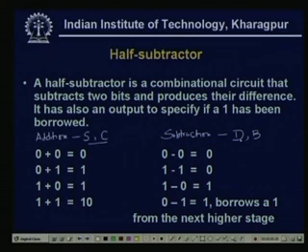Now, how the operator operates on the two operands. Again, first we see the addition operation. See here that 0 plus 0 equal to 0 and the carry is 0. 0 plus 1 is 1, carry is 0. 1 plus 0 is 1, carry 0. 1 plus 1 is actually 1 0, so sum is 0 and carry is 1. Now, if I want to change this addition operation to subtraction, then what we can do, this 0 plus 0 equal to 0. So, as if one operand from here, say this 0, I can